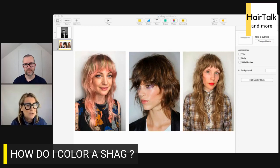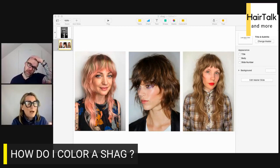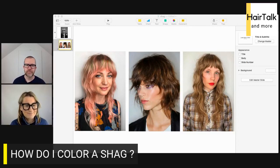Is there anything you'd like to add, Keith, to wrap up the colour and the design together? I mean, looking at these, the focal point is the fringe area with all three looks. So it's just the color placement in those areas, and like I said, there's a lot of face framing going on. If you were to do that on natural hair, just some pieces through the front, if you've got a client that's maybe a little bit color shy, not really into, oh my god, color, I'm gonna have to have a full head, this is a really cool way of ensuring an introduction to color in a really pretty, really workable way. And especially the picture in the middle, you've got different tones going on with that. It's quite